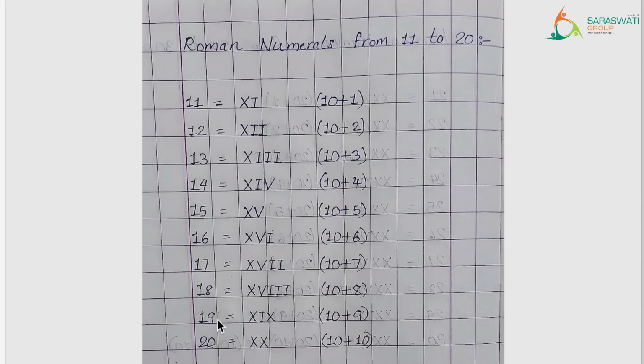Like that, let us see for 19. 19 is equal to 10 add 9. So 10 के लिए रोमन न्यूमरल है X और 9 के लिए रोमन न्यूमरल है I followed by X. Right? Smaller numeral placed before a larger numeral. So जो next numeral है उसमें से उसकी वैल्यू सब्ट्रैक्ट करनी है. So 10 add 10 minus 1 that is 9. So 10 add 9 is equal to 19. And 20 is equal to 10 add 10. So X repeated 2 times.